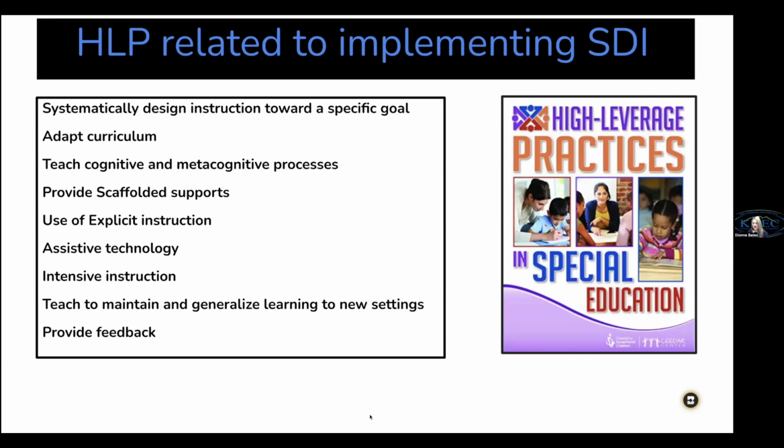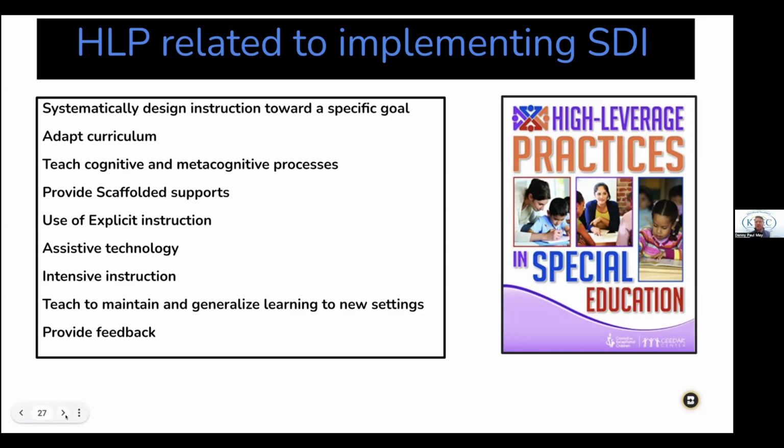I did want to say that if they want to share the participant folder with teachers, they're welcome to do that. There's special ed and regular ed teachers, because there's the high leverage practices, there's this presentation, there's all those things that Mr. May put in there with the examples for each of those things as they're helping them to plan for SDI, because they may need a little bit of extra support as they're working through that and co-planning. So we just want to make that a resource available.